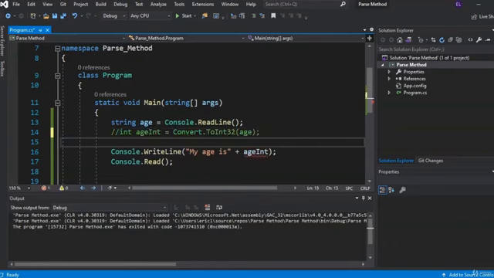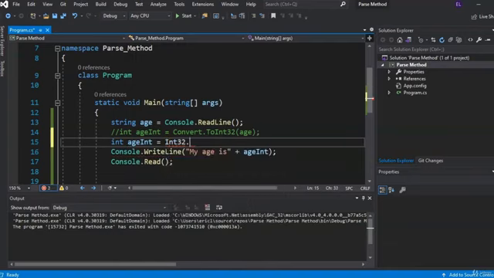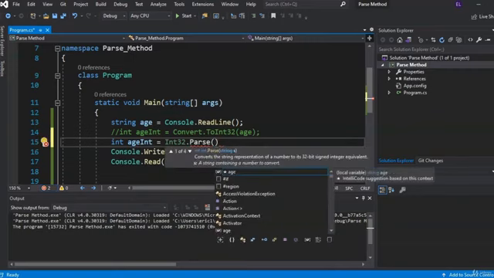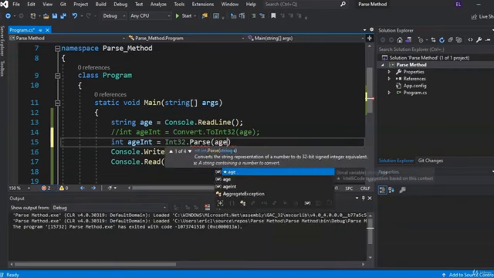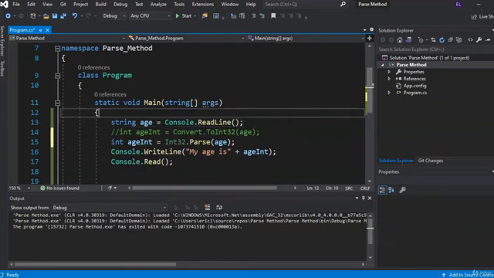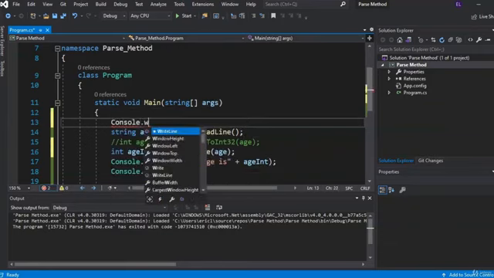So for that, we're going to use the parse statement when dealing with user input. Let's just rewrite this here. We're going to say int age int equals int32.Parse, and we're going to pass age. So same thing there. And let's go ahead and write up here console.WriteLine,